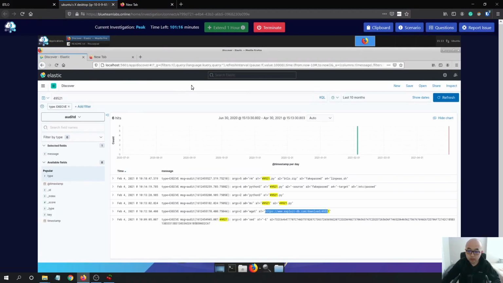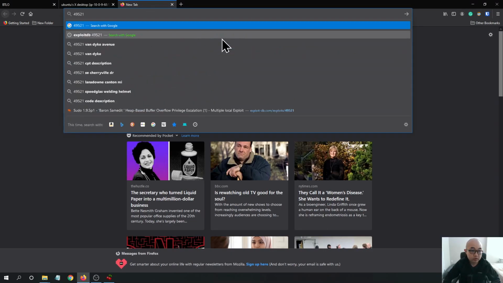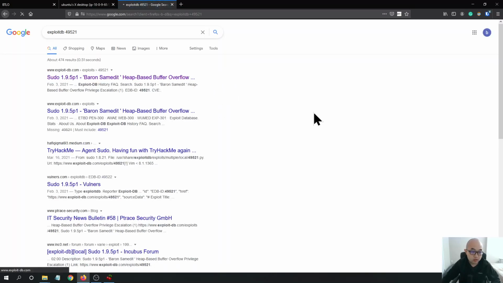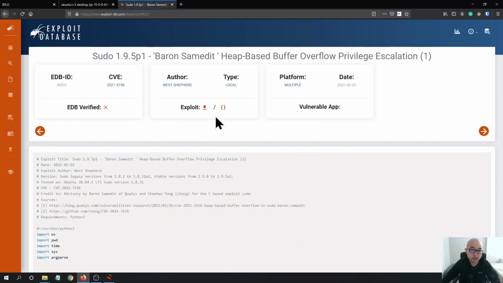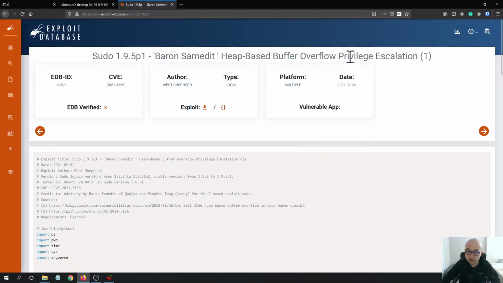So 49521 exploit db. So it is a really recent sudo privilege escalation vulnerability discovered in Linux early this year. So we can see that the vulnerability is this vulnerability, and the question is asking for